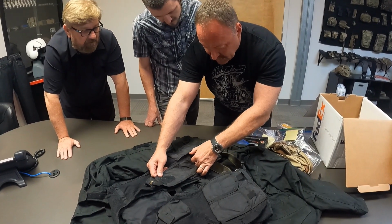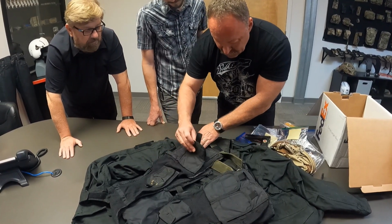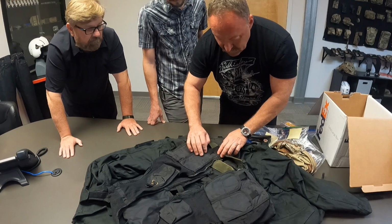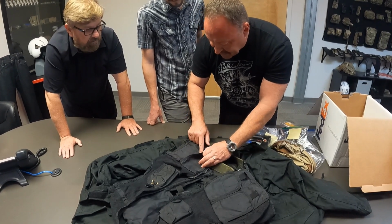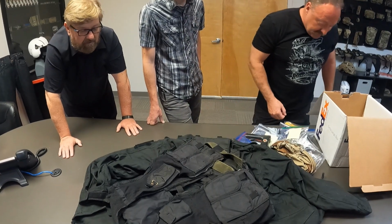Pretty straightforward. Yeah, parapack construction. It's pretty cool. You can see it looks like that was all originally OD thread that just took the dye. Yeah. All right, now this one I think is